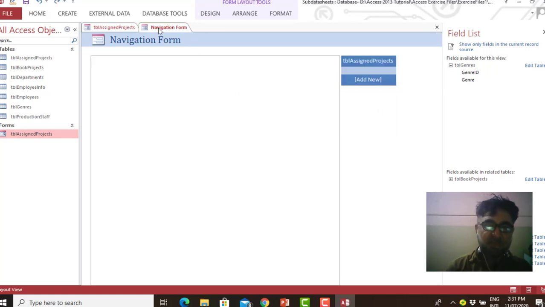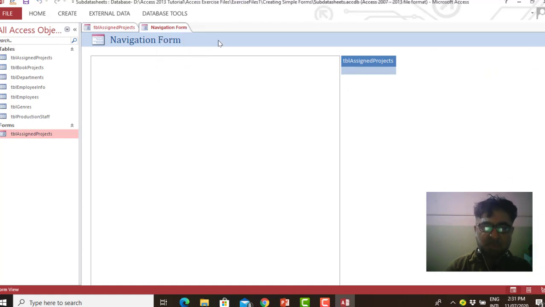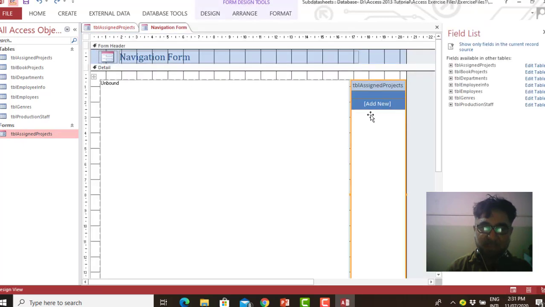For example, if I go to this form view, you can see that this is a navigational form. If I click this, the form will open. Click this. Let me take it to the design view again. Add. Add again.